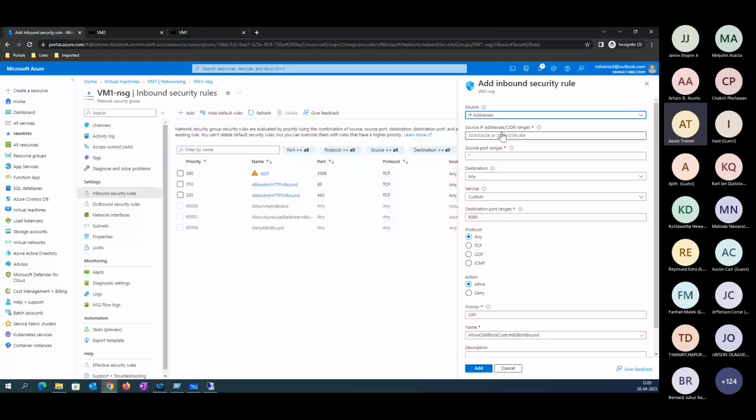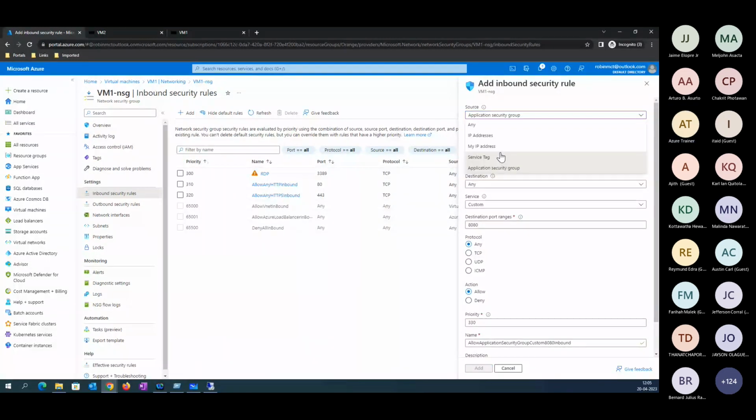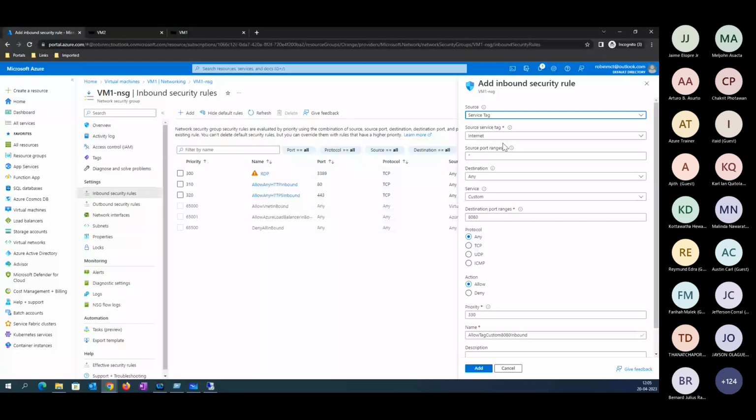You can go for that, or you can go for an application security group. You can select this option, or you can select a service tag or any of these options here.